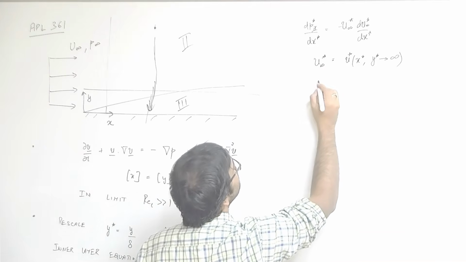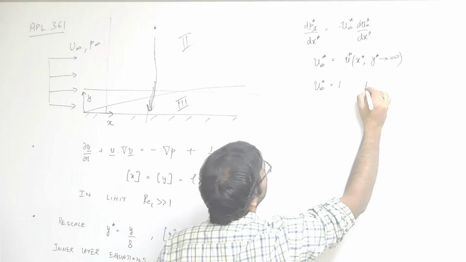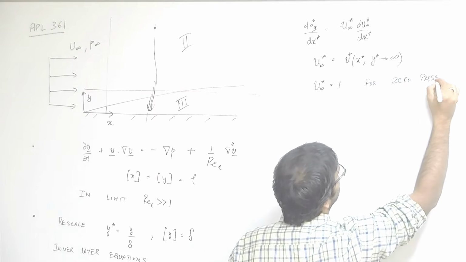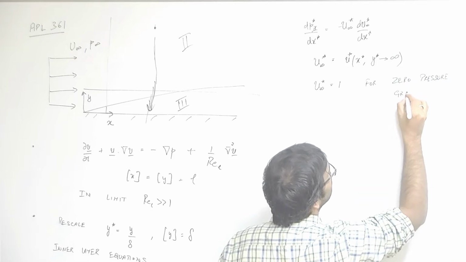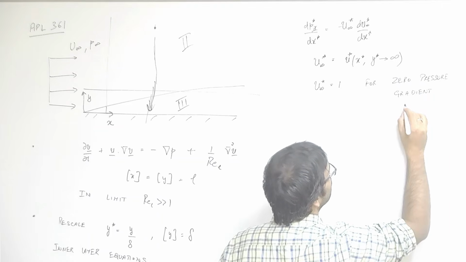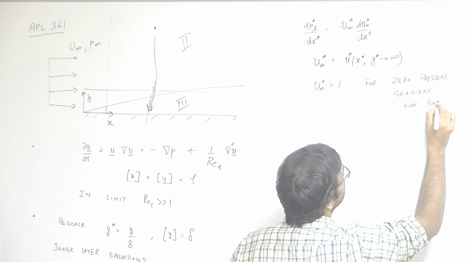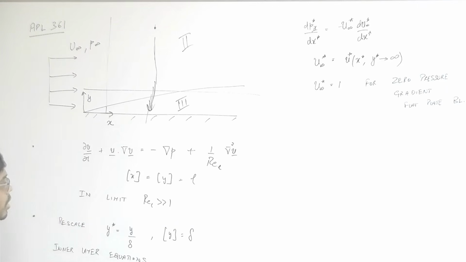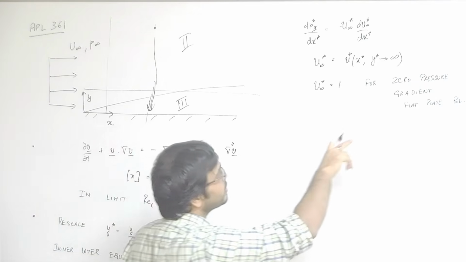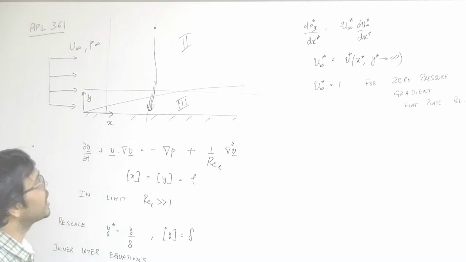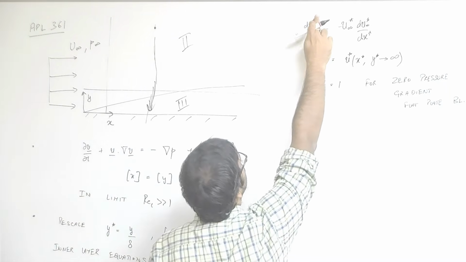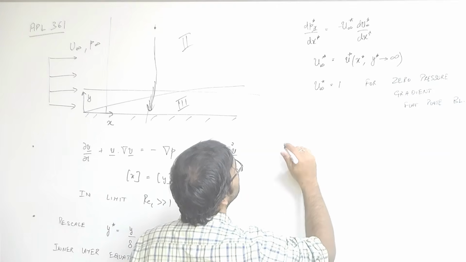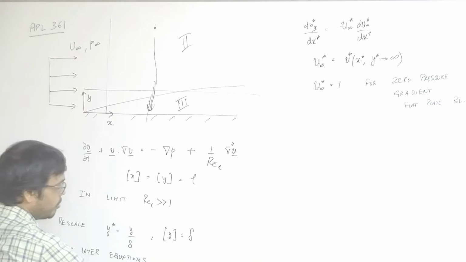Okay, so u infinity star is 1 for a zero pressure gradient flat plate boundary layer, and dp2 star by dx star is this. Okay, and from here we note that we can substitute it in our boundary layer equation and we obtain